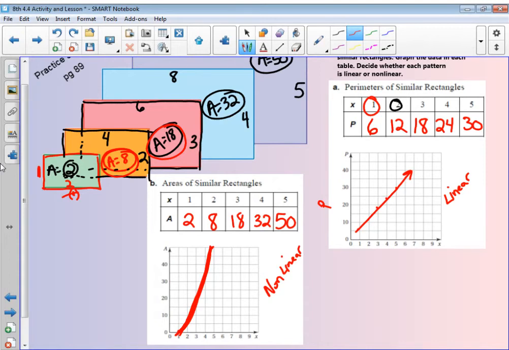Okay, so that's what we've done here, where we've done 2 different things with some units off of a rectangle and found out that when we find the perimeter, that is considered a linear function. And when we do the area, it's nonlinear. Okay, we ended up with a curve. So we're going to